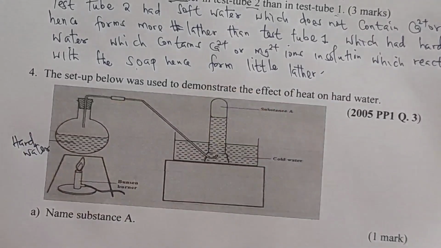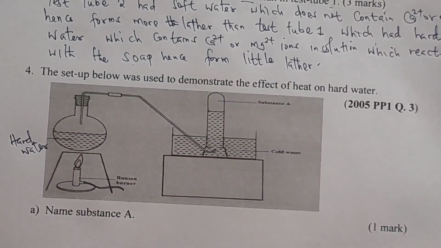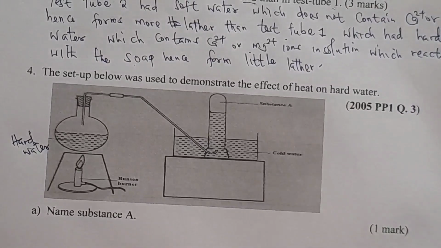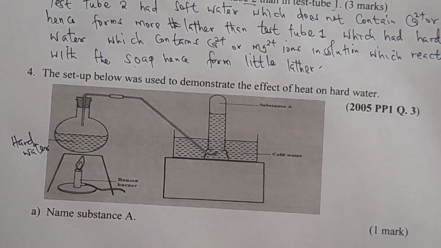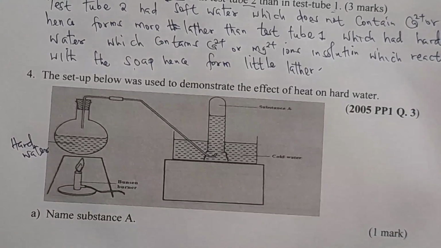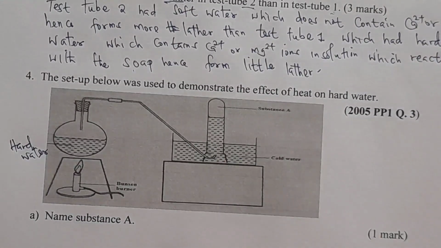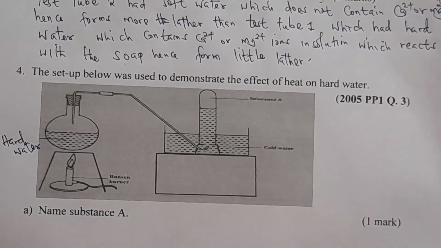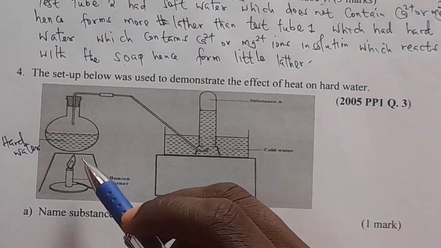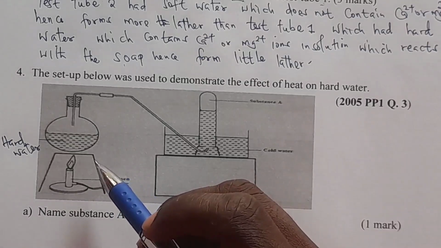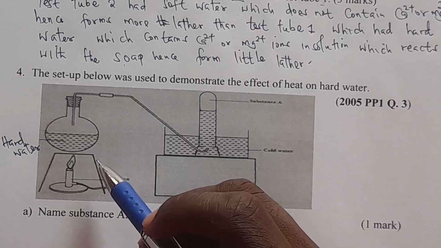Then we are heating using, or we are boiling using a Bunsen burner. Here we are forming substance A, and we're having there cooled water. So we are told to name substance A. So we have only 2 types of hard water or hardness. One is called temporary hardness, then the other one is called permanent hardness. So temporary hardness is a hardness which can be removed by boiling, while permanent hardness is a hardness which cannot